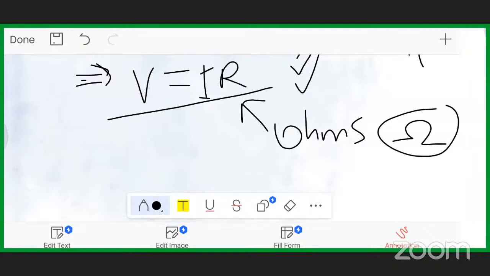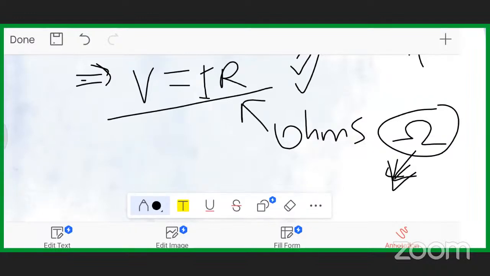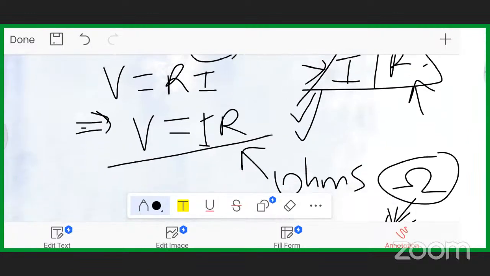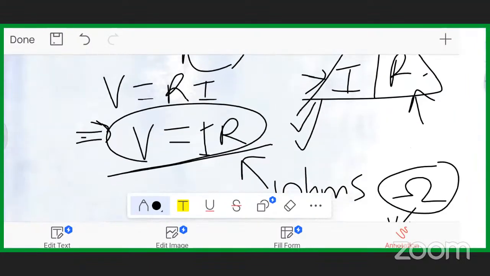Now this capital omega, we normally have a small letter omega, which we normally write like this. Then we have capital omega. So the capital omega is the one that we use for ohms, the SI unit of resistance, which is ohm. Now, if you have done the experiment and you have to draw a graph representing this idea of Ohm's law,